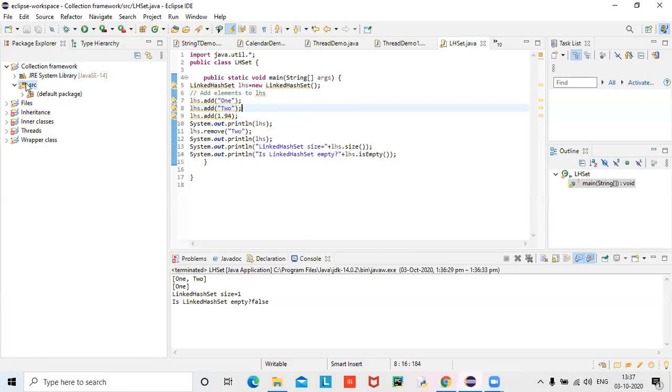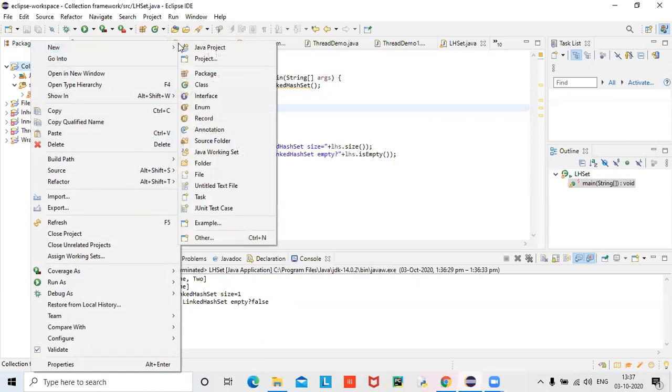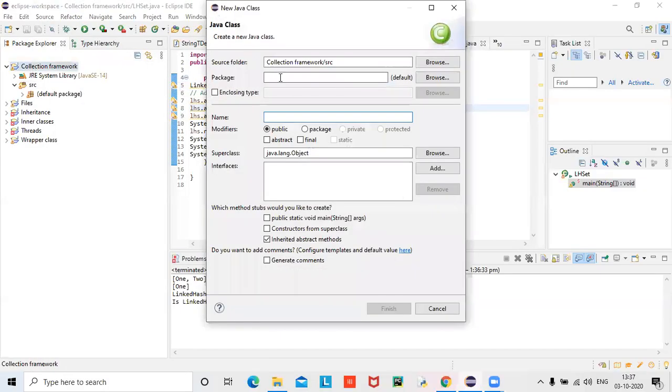Now let me go with the array list. Yesterday we discussed linked list, right? That application I have done. Today we will go with the array list. I will make this as array list demo.